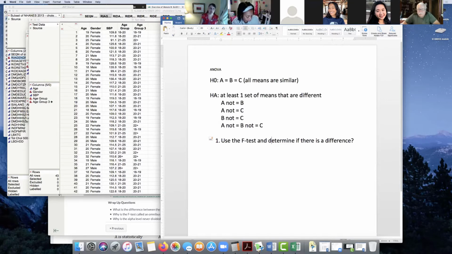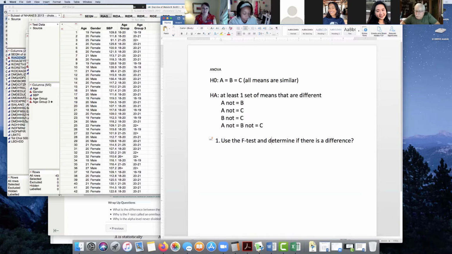So if you want to think about why this is an important question, think about if you have 3 different doses of, say, Tylenol, a pain reliever. You can give somebody 250 milligrams, you can go with 500 milligrams, or you could go with 1,000 if they're in a lot of pain. Not that you'd ever take 1,000 milligrams of Tylenol, but you get what I'm saying. So you could have 250, 500, and 1,000, and you want to know if this is effective on an outcome.